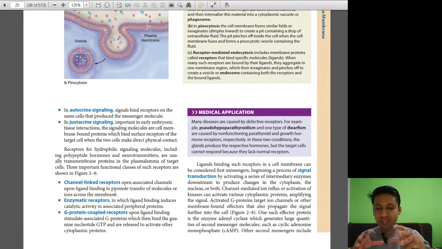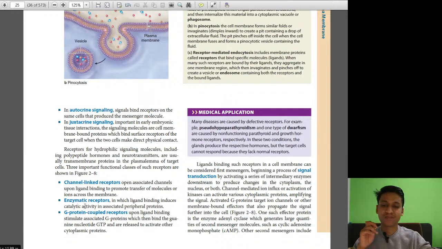So first one, channel linked receptors, open associated channels upon ligand binding to promote transfer of molecules or ions across the membrane. Simple channels, we know, a protein molecule or neurotransmitter comes, binds to the receptor protein, and is moved through the channel into the cell, like the same pathway for ions. Enzymatic receptors, in which